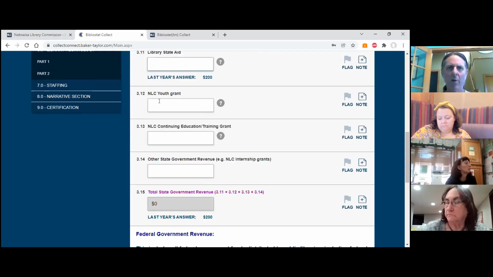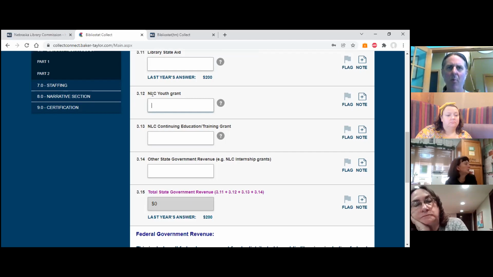We don't pre-fill the NLC grant information. I found that was really hard with different libraries having different fiscal years and then receiving the money at different times. It was really hard to get that data and pre-fill it. So that's why we don't pre-fill it for you, but most of the time, if you check your records and you receive the money within your fiscal year, you would just report, like here, if you received a youth grant